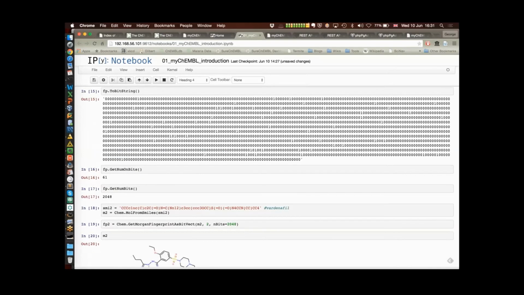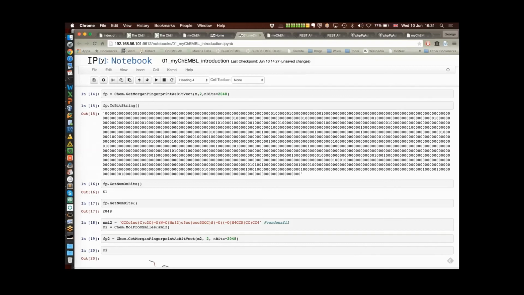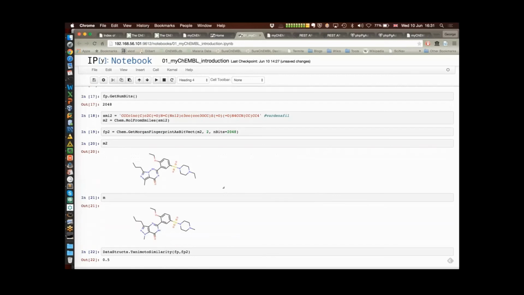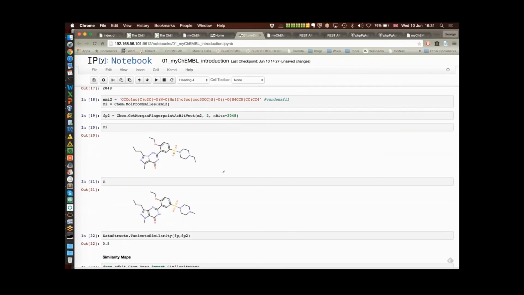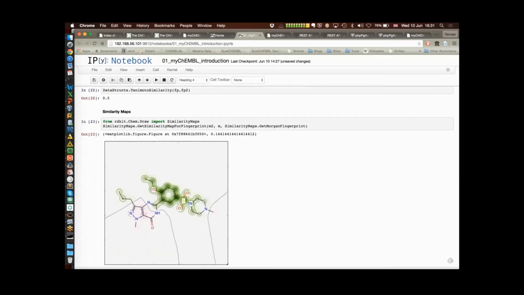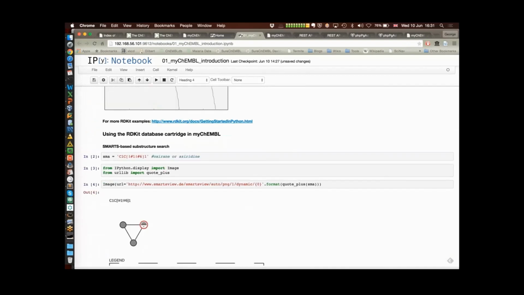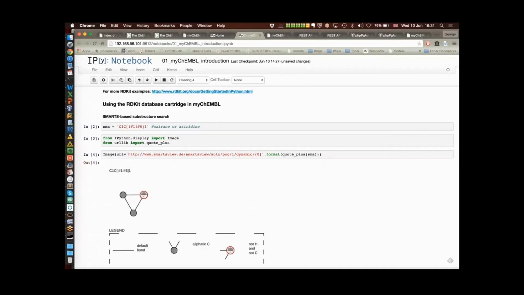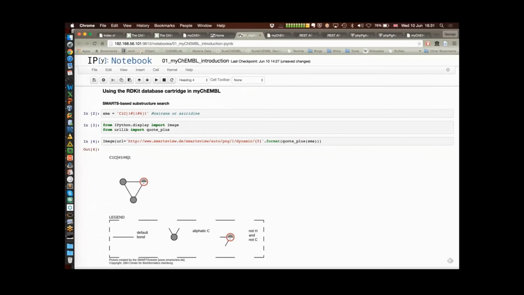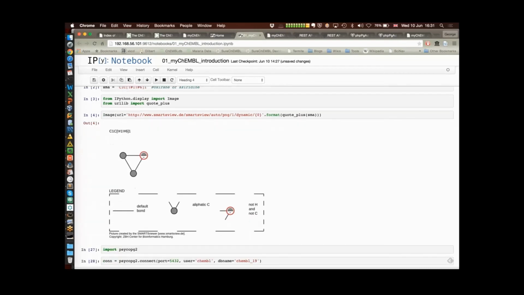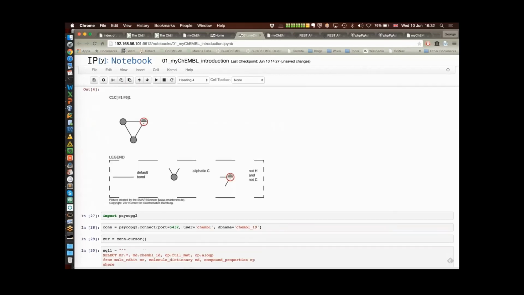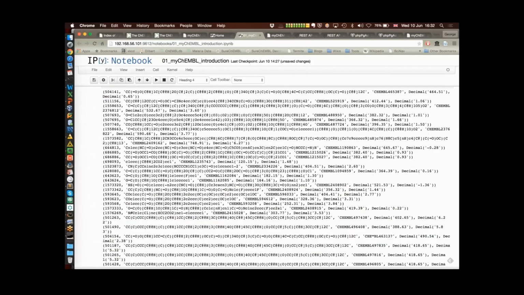You can calculate a fingerprint and visualize it again here. And then you can do more sophisticated things, like you can calculate the similarity maps between two structures. That's a functionality provided by RDKit. Or you can then do a SMARTS-based substructure search against the ChEMBL database using Python. So this is our SMARTS pattern. This is a way to visualize the SMARTS,